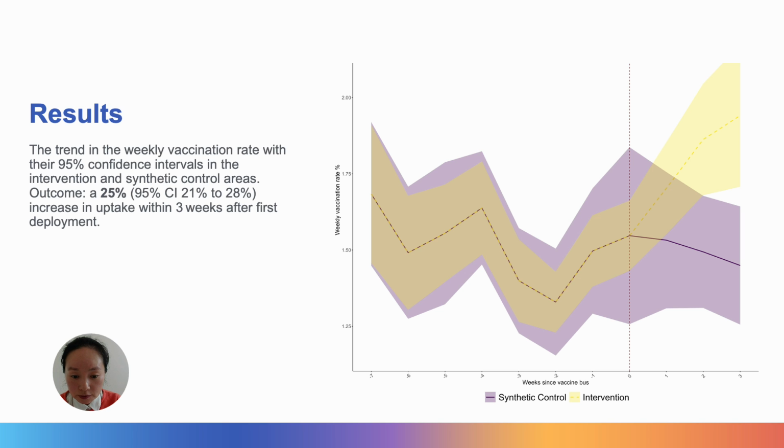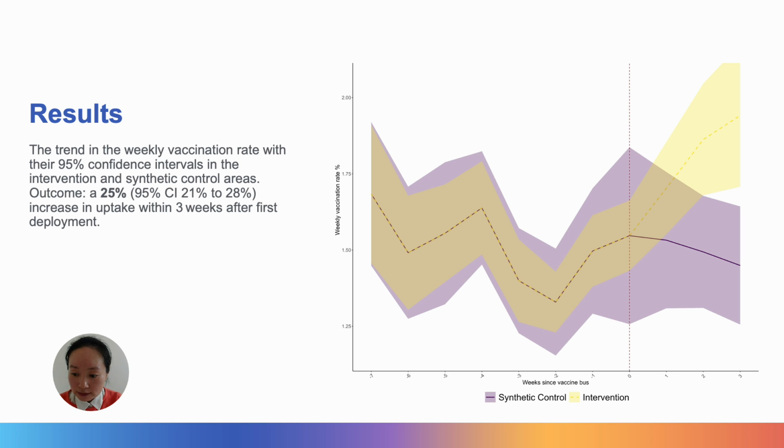Our results show the intervention was effective in improving weekly vaccine uptake, and that actually led to a 25% increase on average in the uptake within 3 weeks after the first deployment. As you can see from the figure on the right hand side,